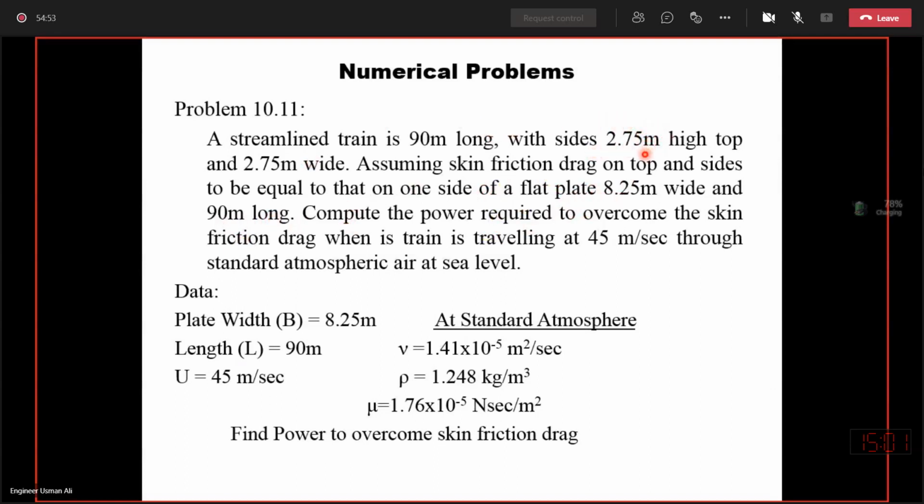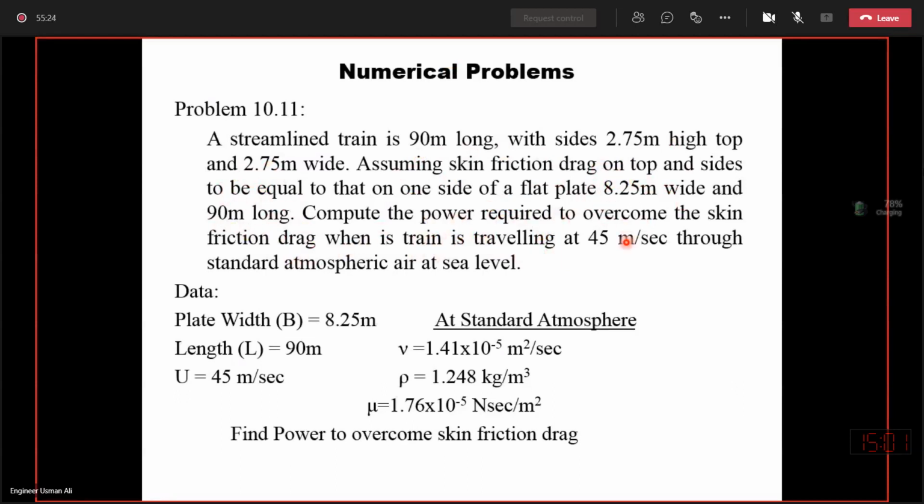2.75 मीटर है। तो उसने कहा है कि इस प्लेट पे जो फ्रिक्शन लग रही है वो बराबर है एक फ्लैट प्लेट के जिसकी विड्थ 8.25 है और लेंथ 90 मीटर है। तो हमने इसमें प्लेट की डायमेंशन को ही यूज़ करना है। आई होप आपको समझ आ गई है कि एक ट्रेन पे जो फ्रिक्शन लग रही है वो एक फ्लैट प्लेट के बराबर है जिसकी विड्थ 8.25 और लेंथ 90 मीटर है। We have to compute the power required to overcome this skin friction drag when